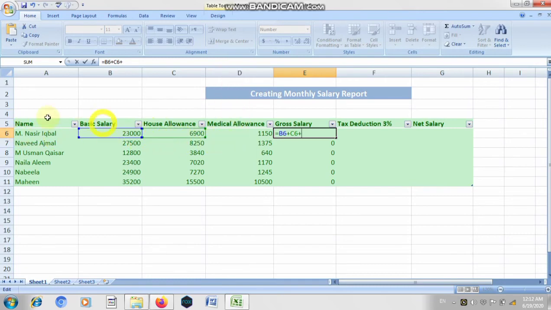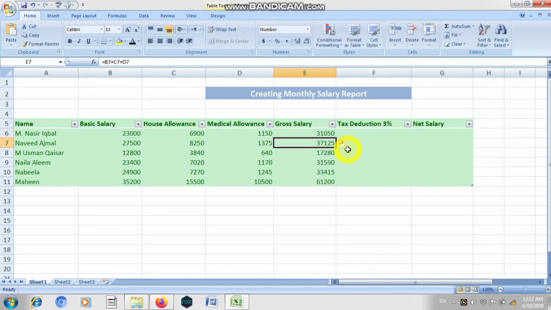This is D and this one is 6, so I will write here D6. As you can see, it automatically selects these values and highlights them in similar colors. Now at the end you just have to press enter, and it will calculate all the other values.